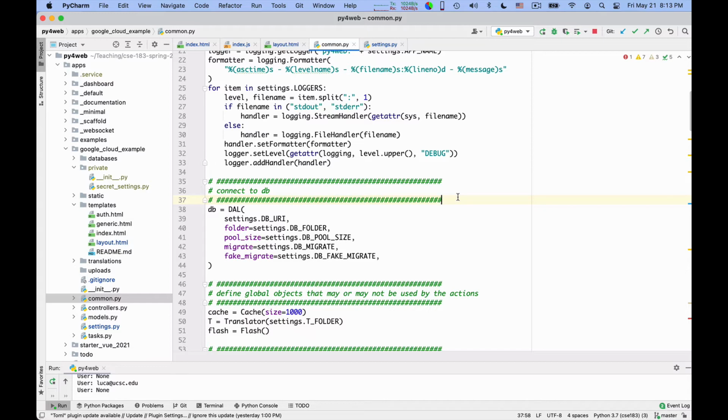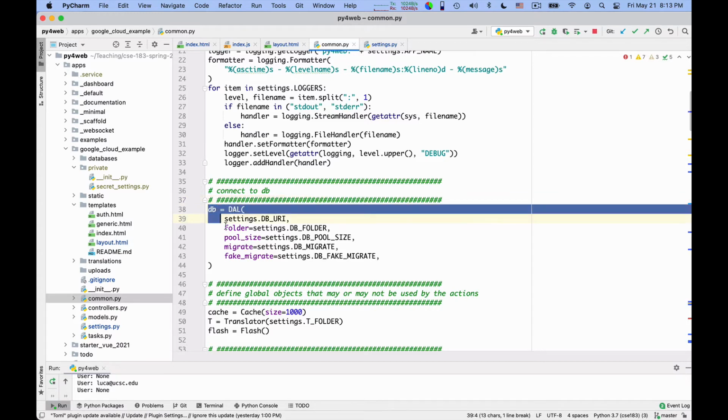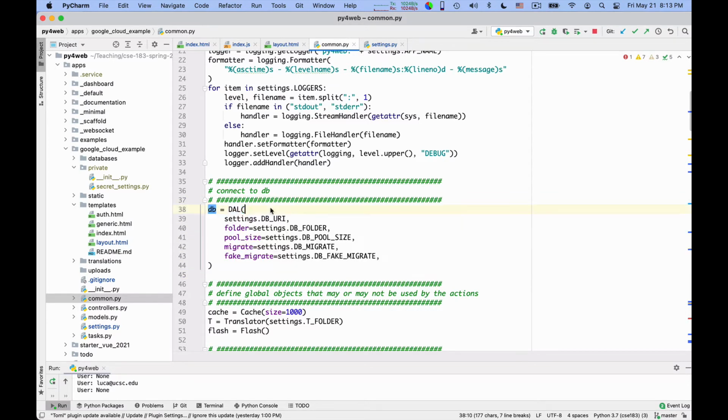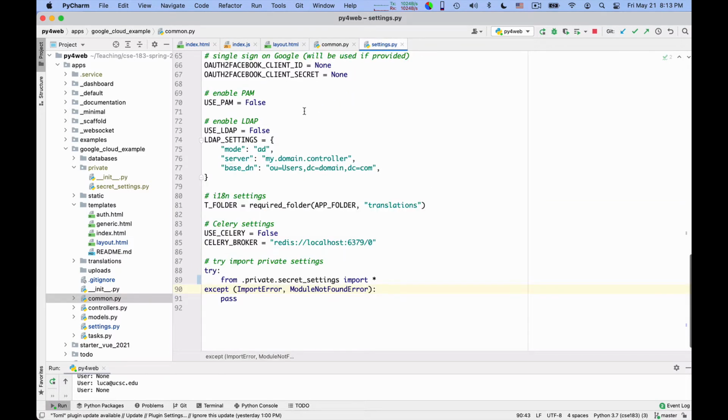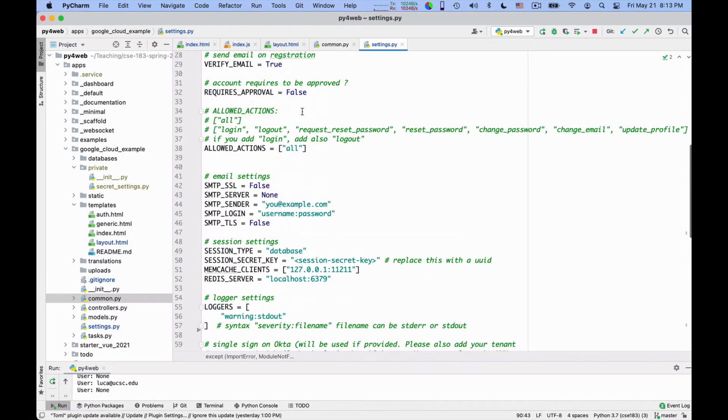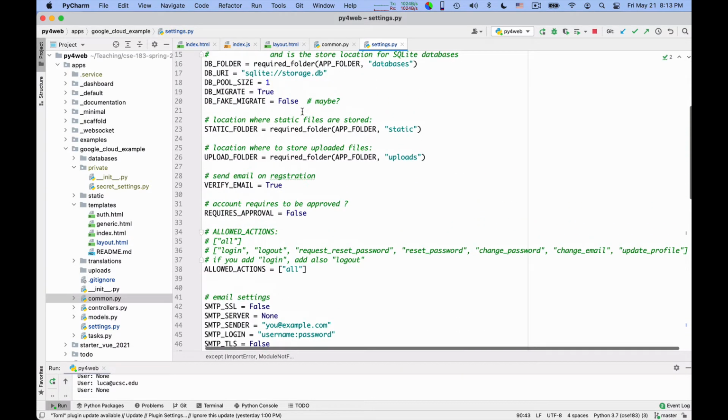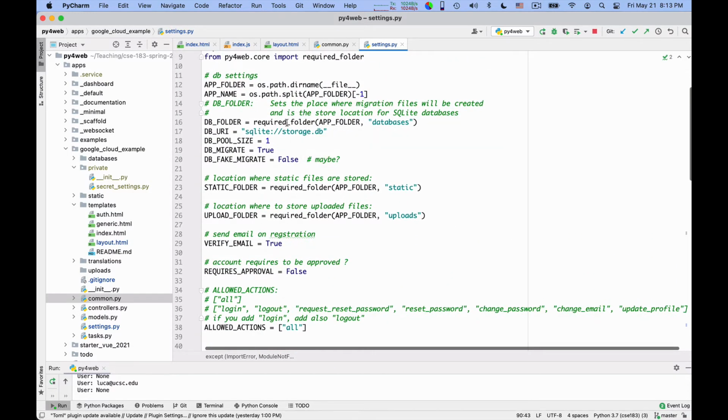Nothing will work. So here the problem is that we have been so far connecting to a database, this one, that is just defined locally. If you go and look at the settings DB URI, here somewhere in the database section, this will be just the local SQLite database, and I wanted to invent a mechanism so that this is still used if you are in development mode on your local laptop, because you still want to be able to develop.